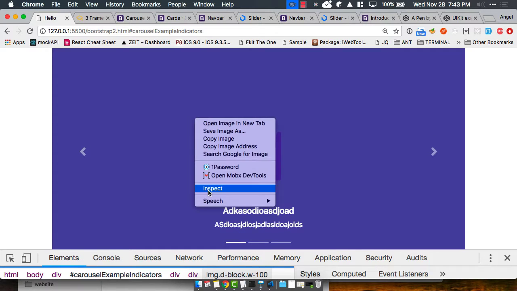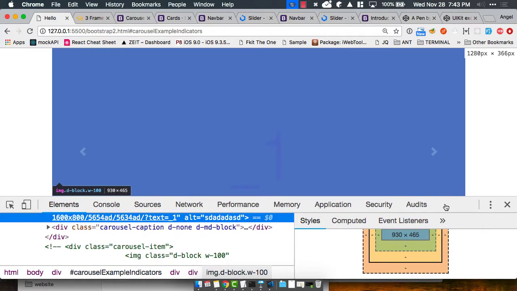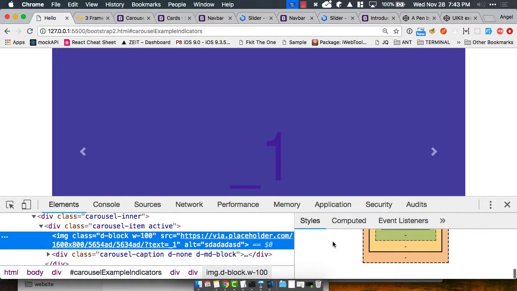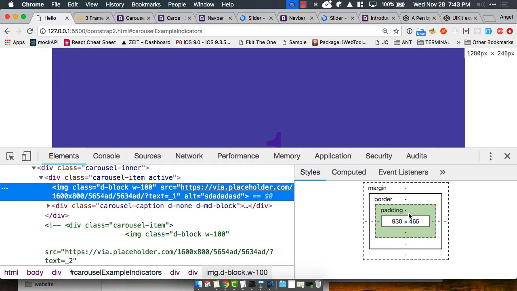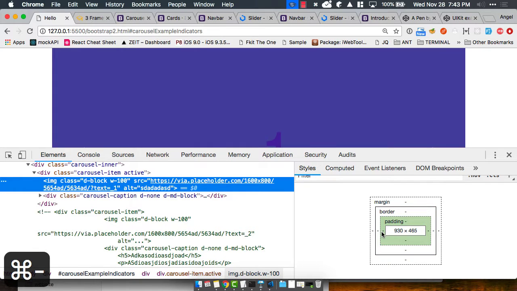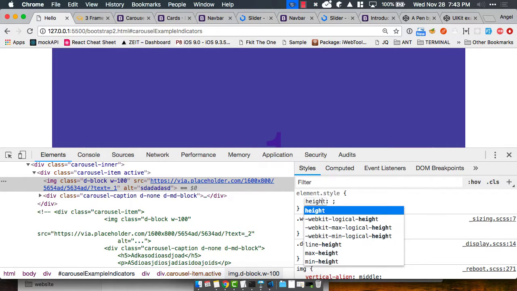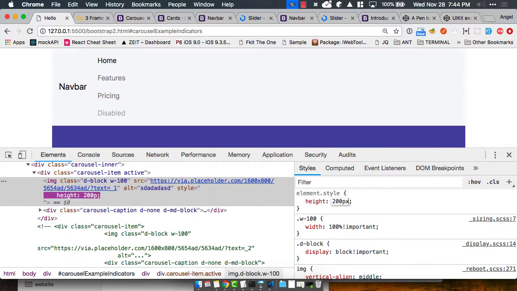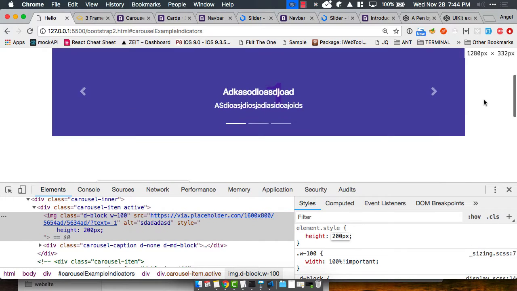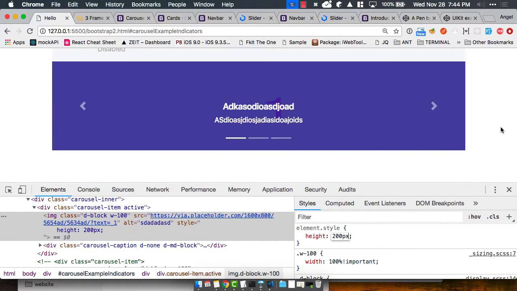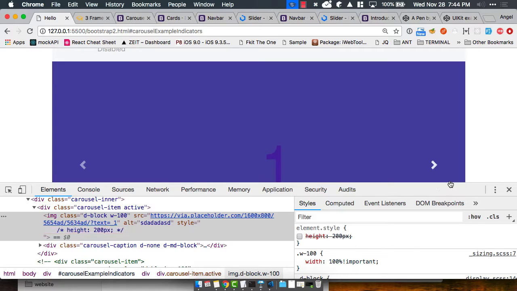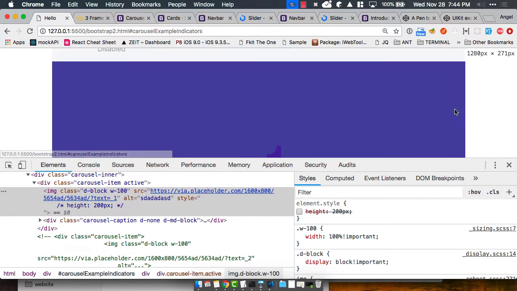Now, I'm going to inspect this, and I'm going to figure out if I changed my image height to be... Look at that. Isn't it nice and slim now? Has anyone actually tried to add custom CSS in their developer tools? I don't think I've showcased it enough. Okay, now here it tells us that